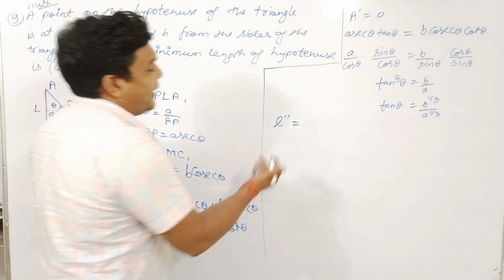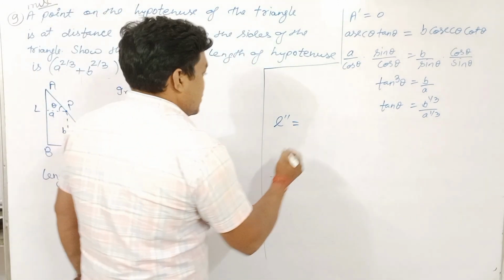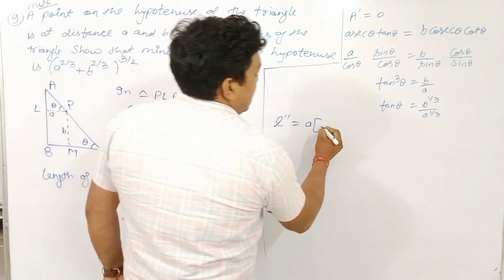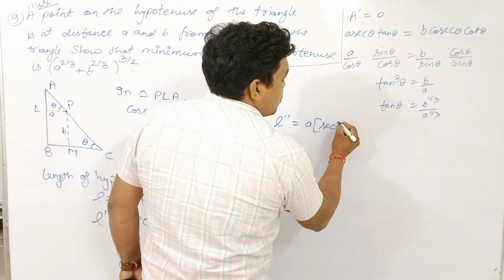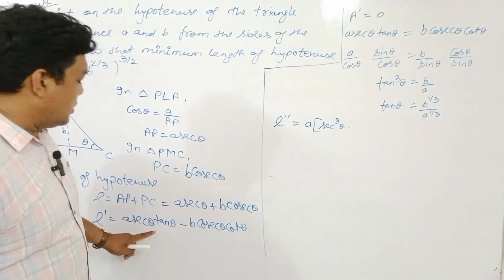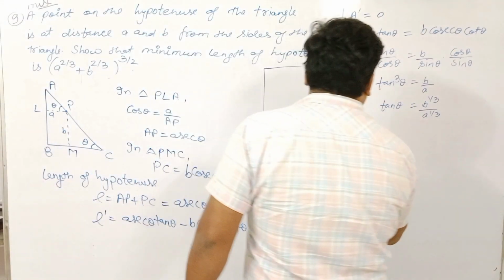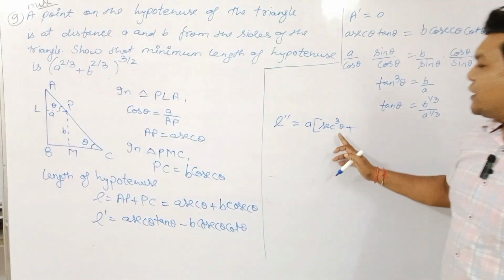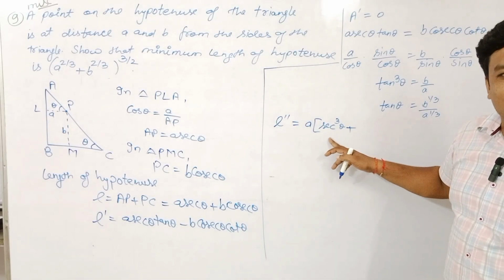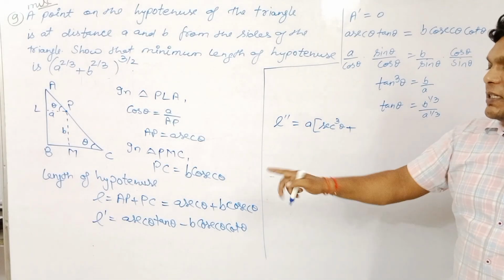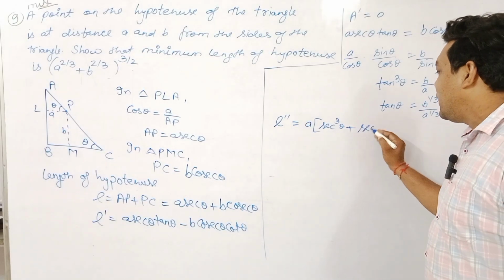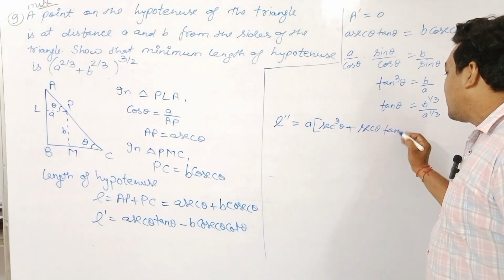तो भी वही आएगा. So L double dash. What should be L double dash? It is A product rule लगाना है यहाँ पे. So it will be what? Sec theta into sec square theta. So sec cube theta plus first into second लगा रहे हैं ना. Sec theta as it is, differentiation of tan theta is sec square theta. So sec theta into sec square theta is sec cube theta. Now tan theta as it is, differentiation of sec theta is sec theta tan theta. So it will be sec theta into tan square theta.